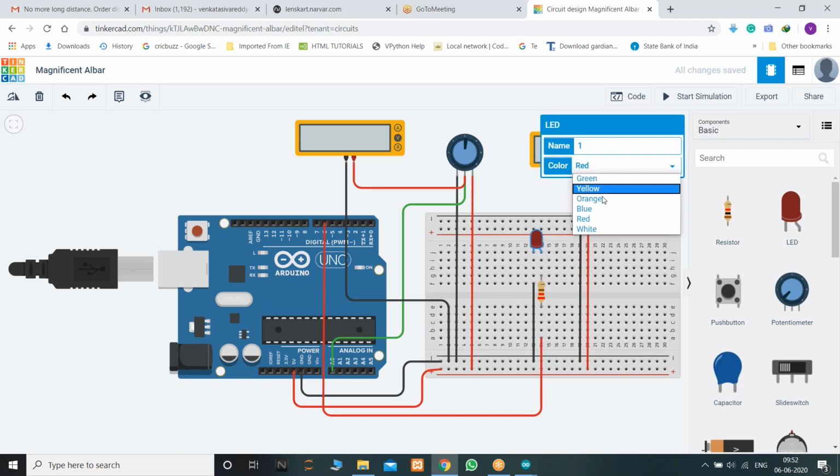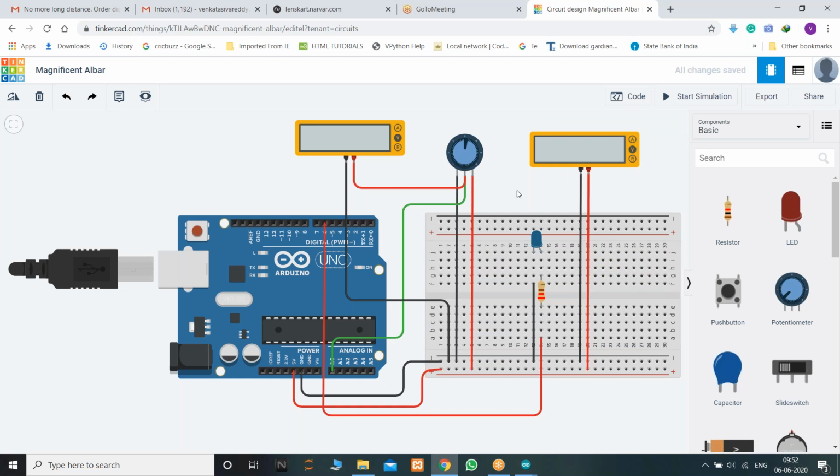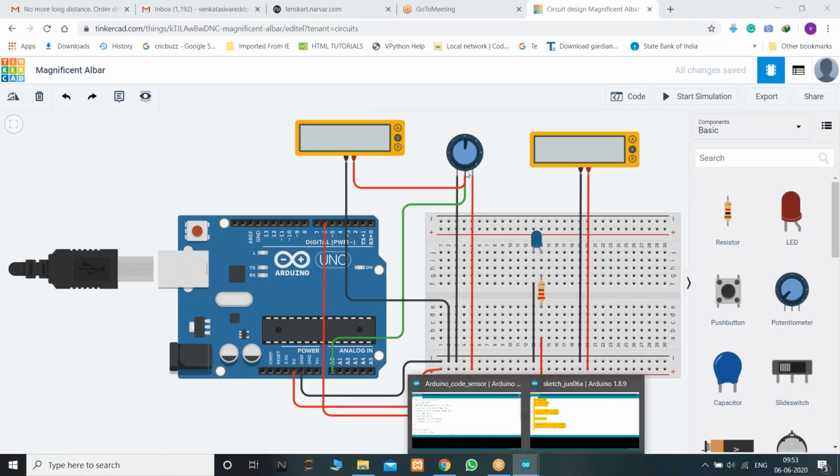So let us change color. Let us make it blue. I'm connecting this blue LED to a PWM pin, which is the sixth pin. I'll program this and show you the values also.